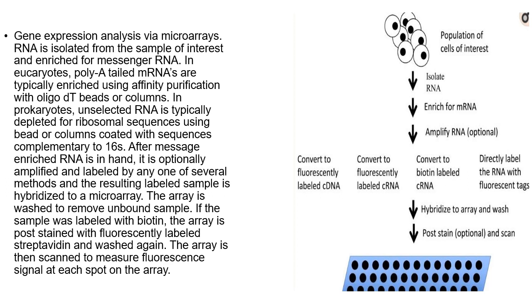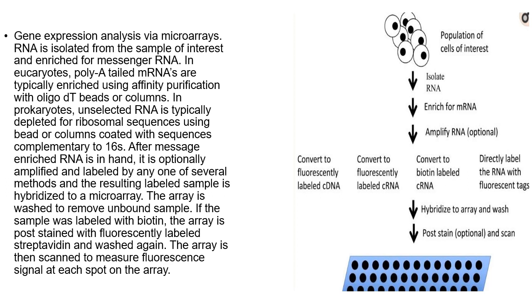Gene expression analysis via microarrays. RNA is isolated from the sample of interest and enriched for messenger RNA. In eukaryotes, poly A-tailed messenger RNA are typically enriched using affinity purification with oligo-dT beads or columns. In prokaryotes, unselected RNA is typically depleted for ribosomal sequence using beads or columns coated with the sequence complementary to